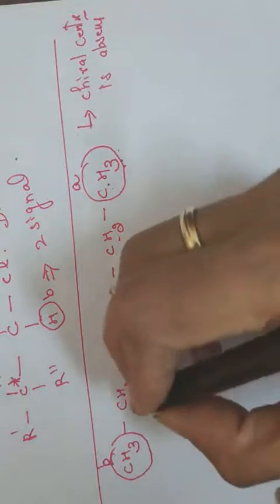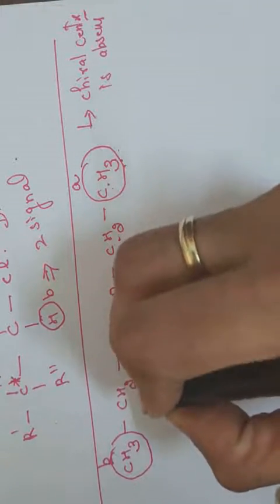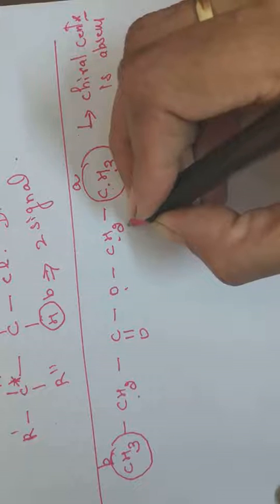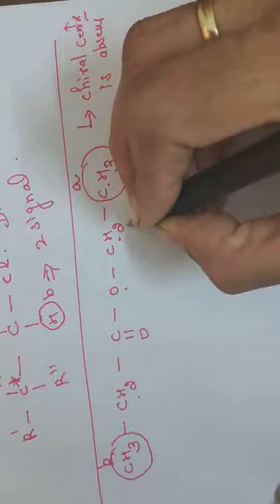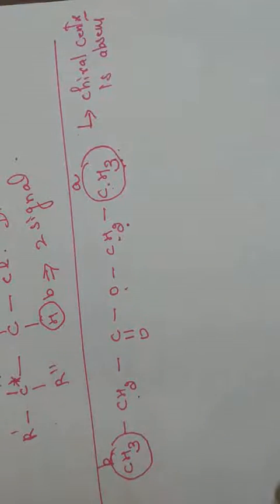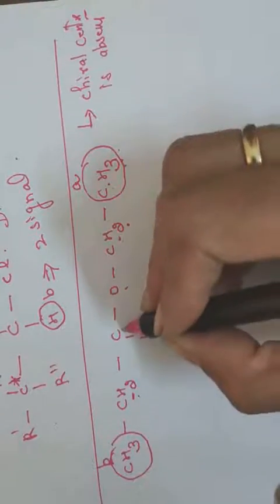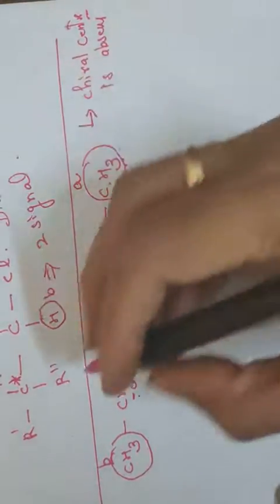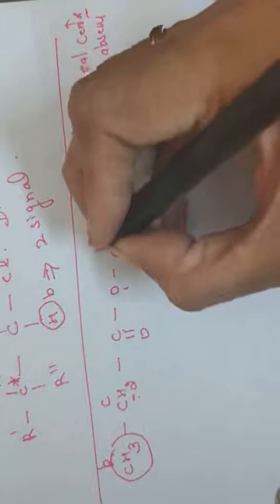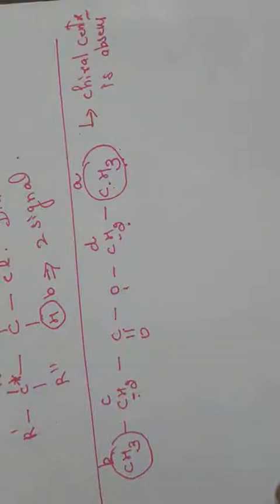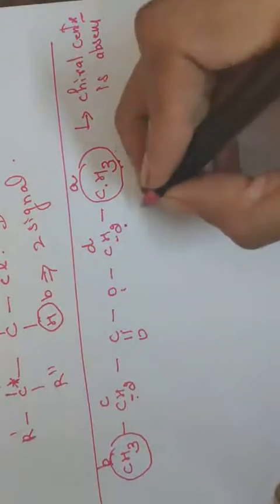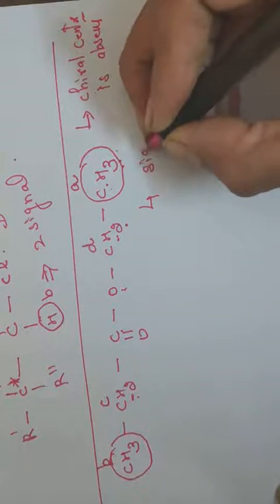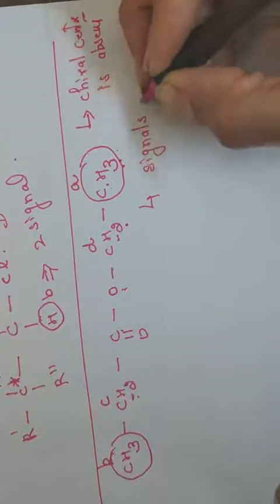Now, are these two CH2 protons similar to these two CH2 protons? No, these are not similar. Why? Because these are attached to the carbonyl group and these are attached to oxygen. So if this is C, this will be D. So how many signals will you observe in the NMR spectrum? You will observe 4 signals.